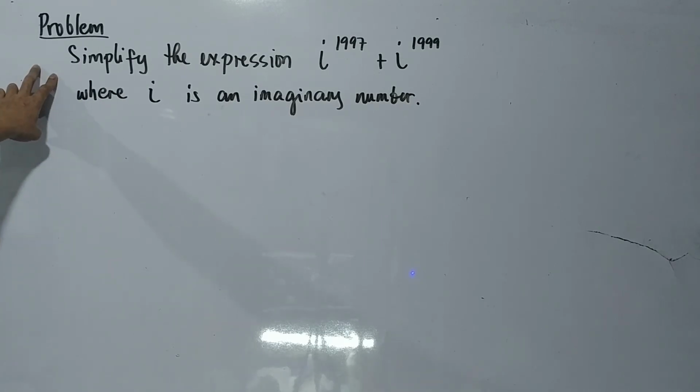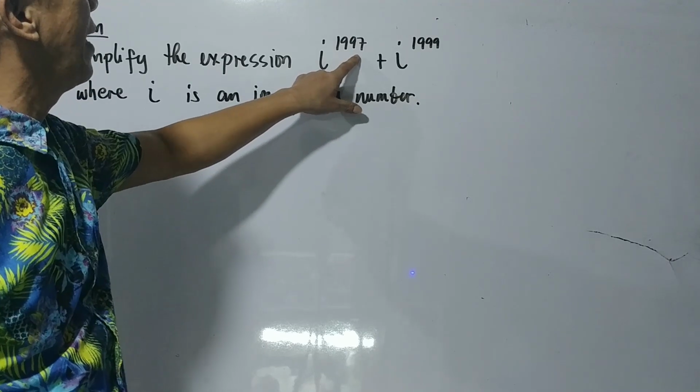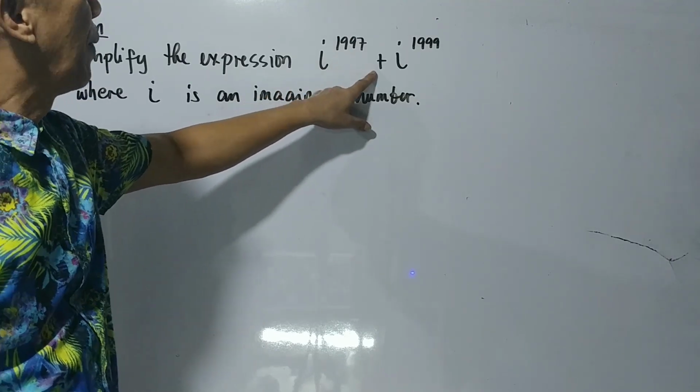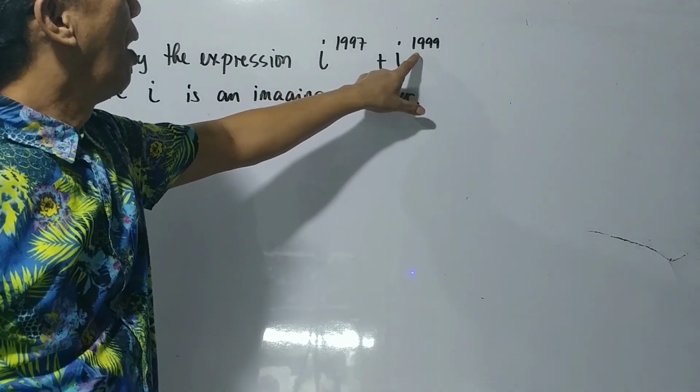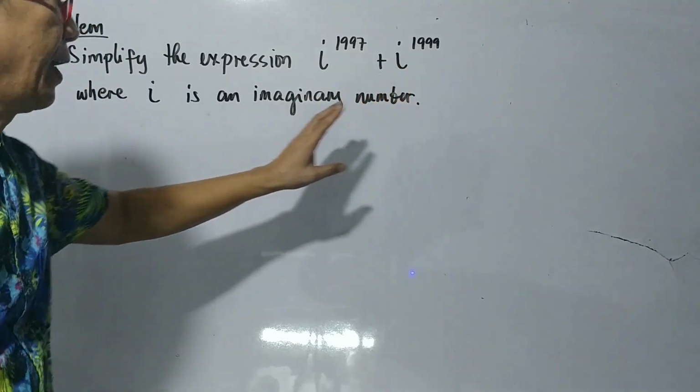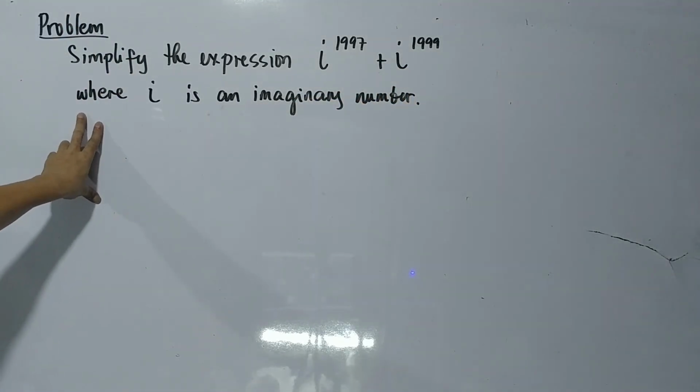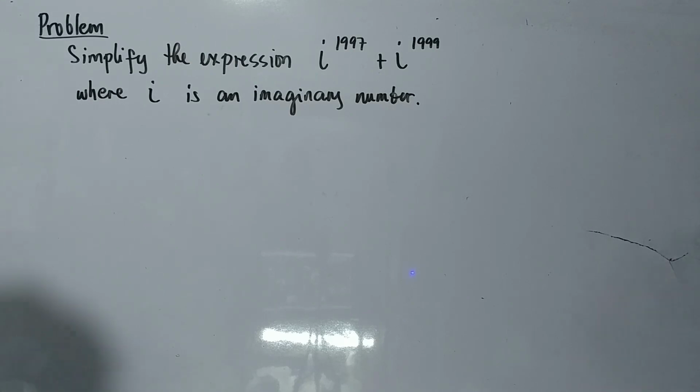For our next problem, simplify the expression i to the 1,997 plus i to the 1,999, where i is an imaginary number. To solve it,